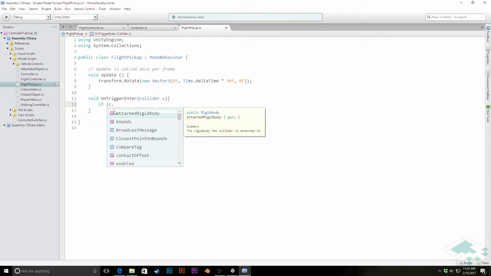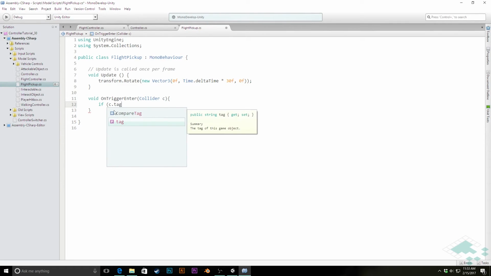C dot, and I'm going to pull out another tool in our Unity tool bag here, which is called tags. And tags are things that all game objects have. Usually they're just the default tag or an untagged tag, but they're a really convenient way that you can quickly say, hey, this object falls into this category that I'm predetermining, and therefore you can check that quickly and say, oh yes, you are the player in this case. So we can simply say if c.tag equals, and this is just checking a string against a string, so we'll say player, then we can go about doing the